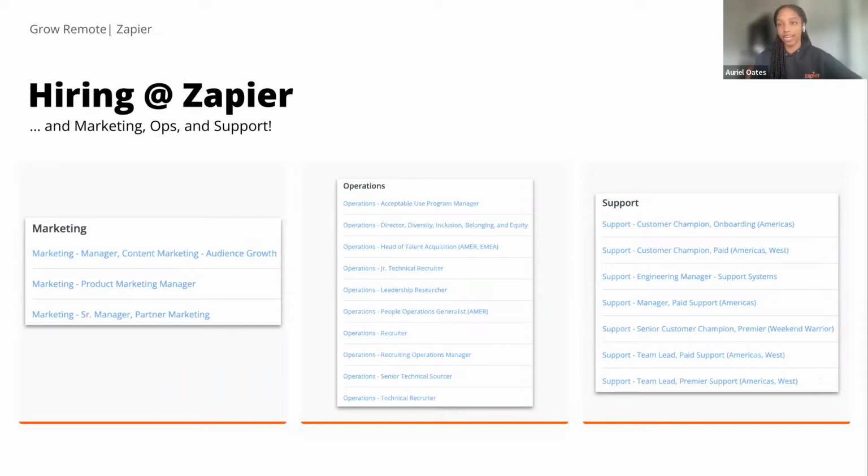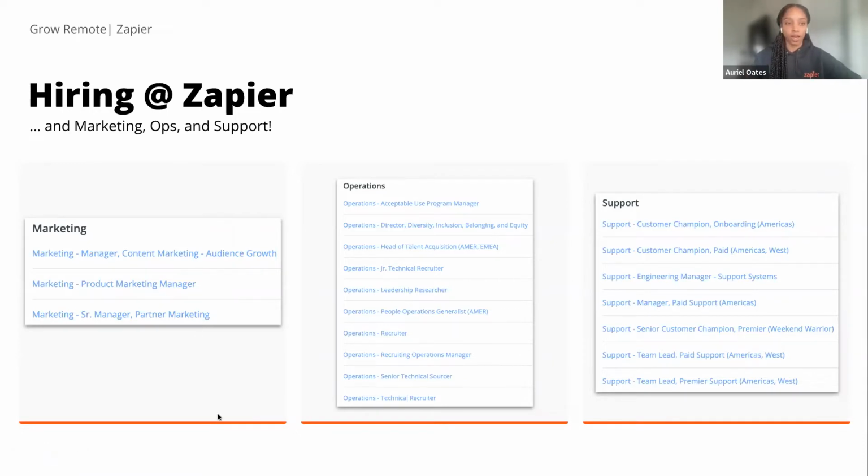Our CEO, Wade, has actually come out and said that we are still going full steam ahead. We have a 3-year plan to almost double in size. So we are hiring. We do not see any layoffs or setbacks or hiring freezes or anything like that coming anytime soon. So I really encourage you, if you're interested in any of our open positions, to definitely